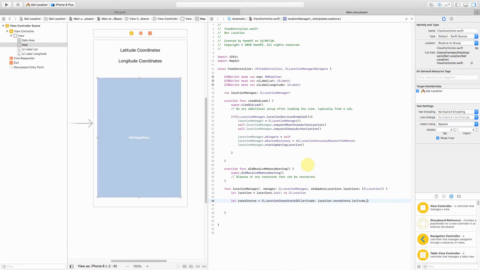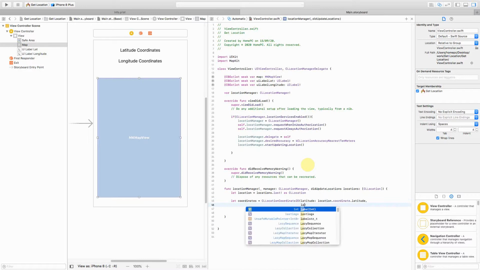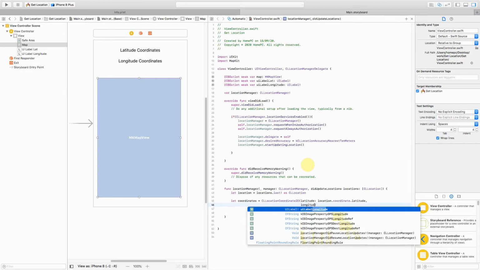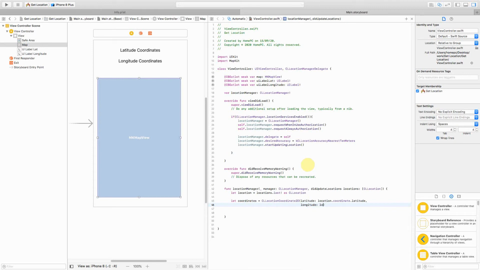Perfect. And then we can also define longitude. Now we can have location dot coordinate dot longitude. So this will have the latitude and longitude as one coordinate, and now we will use this to define or get the area where we want to point.